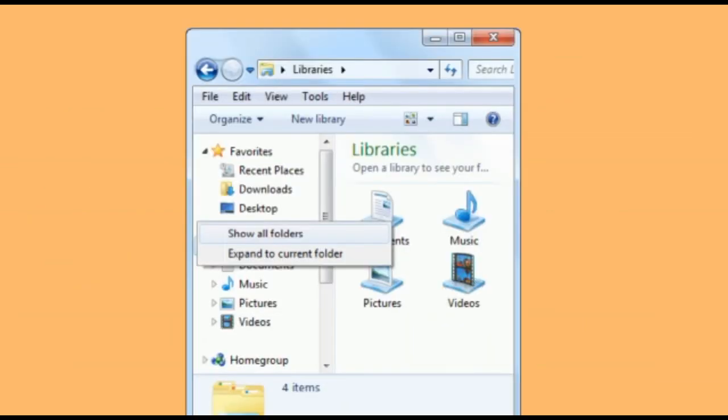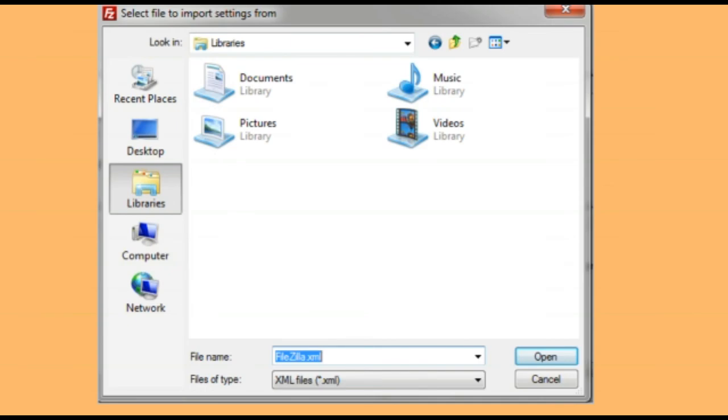The left part of the Explorer window displays Favorites, desktop. Under that, Recent places and downloads. Next one is Libraries. Under the Libraries, Documents, Music, Pictures and Videos. Next one is Home group. Next one is Computer. Under the Computer, Local disk, C, D, E and F. Next one is Network. The right part of the Explorer window displays the contents of the item selected on the left part.